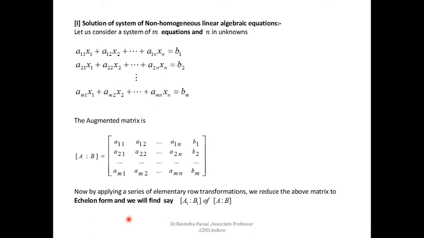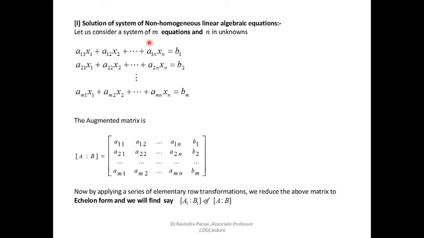Now we want to discuss the method of solving a system of non-homogeneous linear algebraic equations. Today we will understand the method, and in the next lecture we will discuss examples on the solution of non-homogeneous linear algebraic equations by elementary transformations. So first of all, today we discuss how to find a solution of non-homogeneous linear algebraic